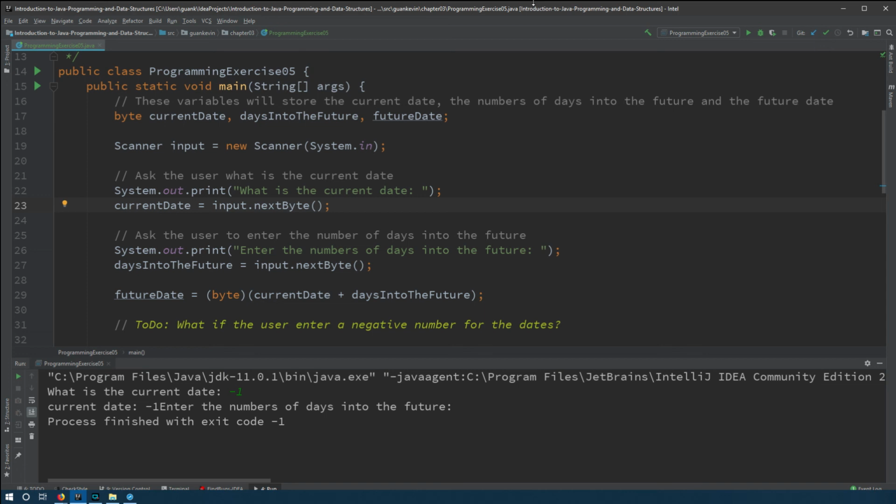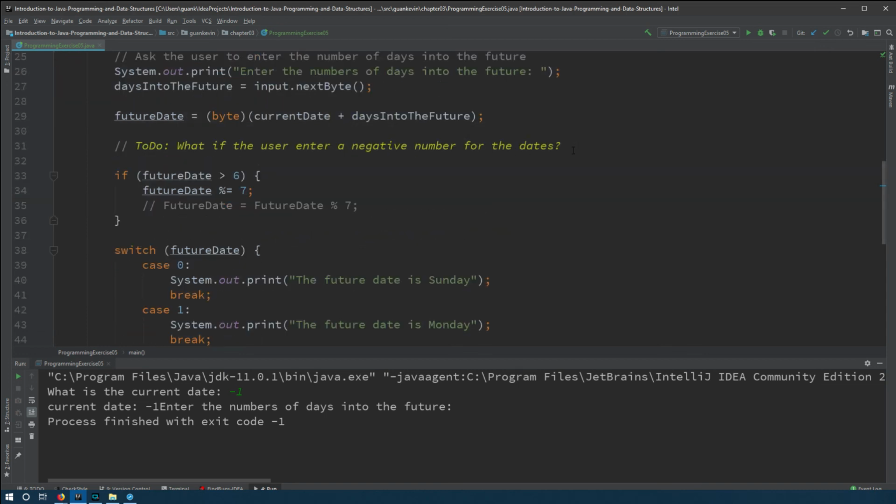Or share it amongst your team, and then they will build upon this code, and it'll get worse and worse as you continue. All right, so hopefully that makes sense, and hopefully this exercise helped